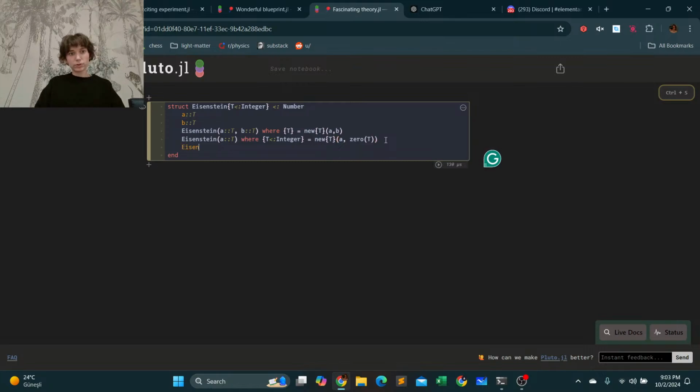And the final constructor is about taking two integers, and you want to work with the same subtype of integer type. So we need to do that. It's going to be equal to T